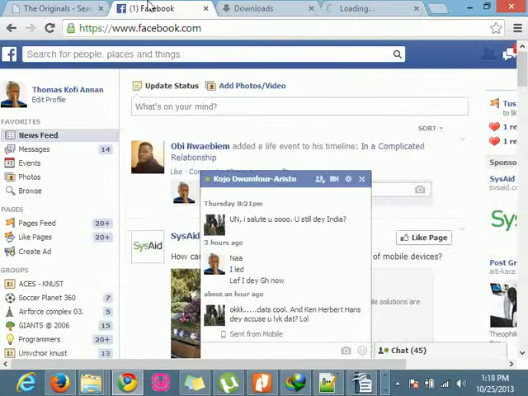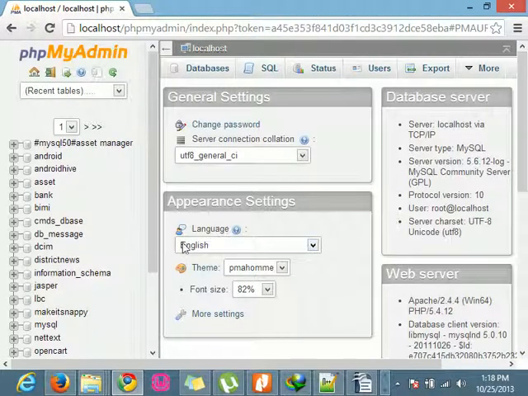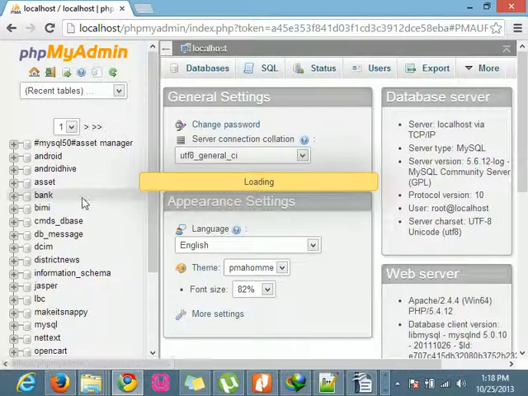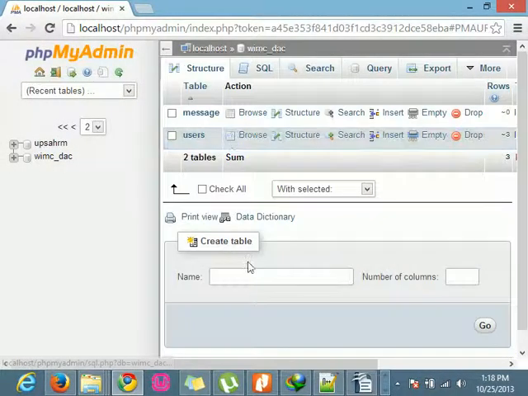I'll create my database, which I already have. I'll just add an employee table to it. So I already have the database. I'll create a table, the employee table,